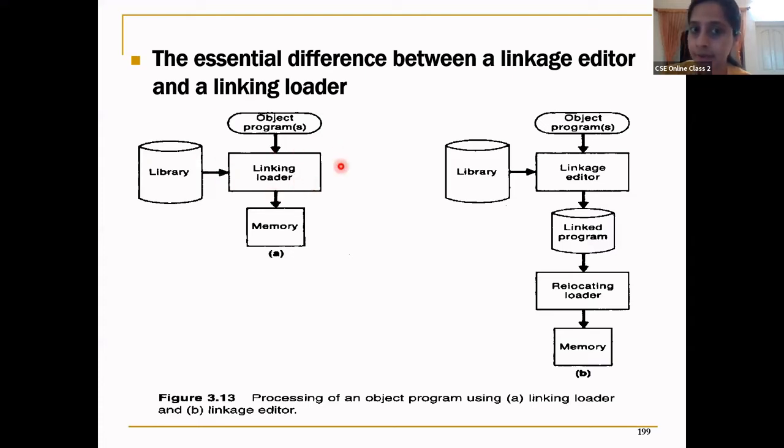What happens in this phase? It links, it loads. First it will decide in which memory location it is loading. It links and gets ready for the loading, and it stores into the memory. It loads into the memory, and then the execution starts.